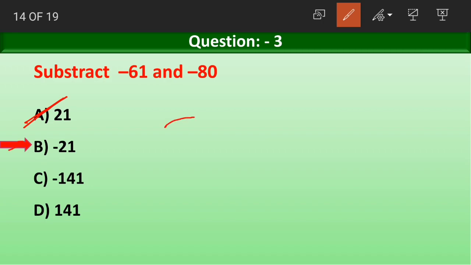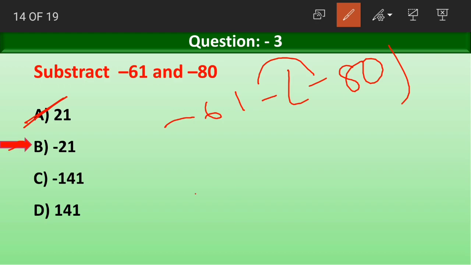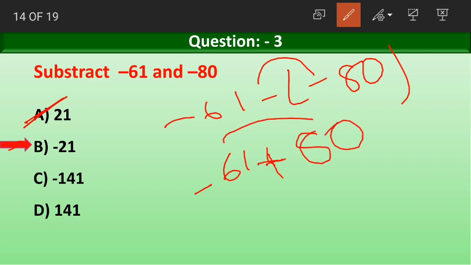How? Means minus 61 minus of minus 80. Minus 61 minus of minus 80. Now minus into minus becomes what? Minus into minus becomes plus. Minus 61 plus 80. If we write this in subtraction form, 80 minus 61. 80 minus 61 means the normal subtraction we do. 80 minus 61 gives us the answer of